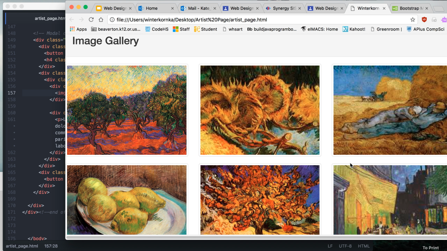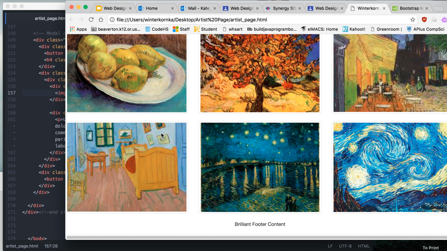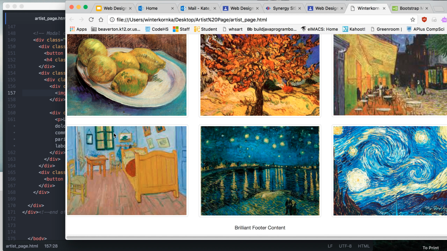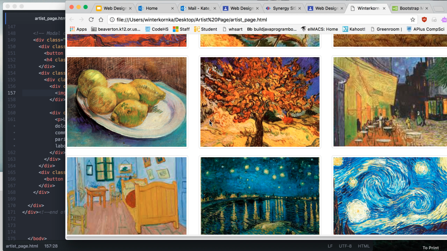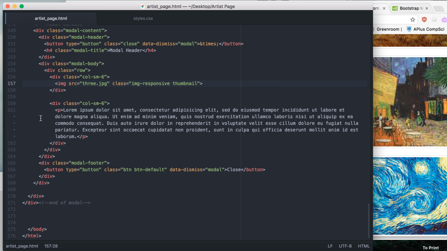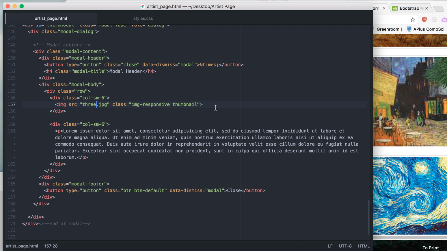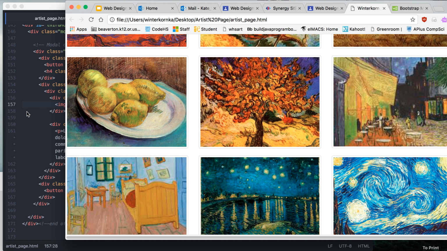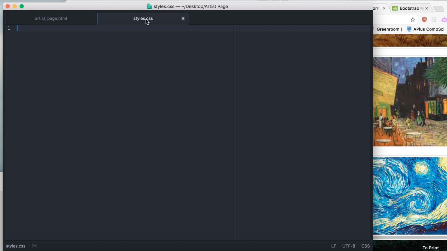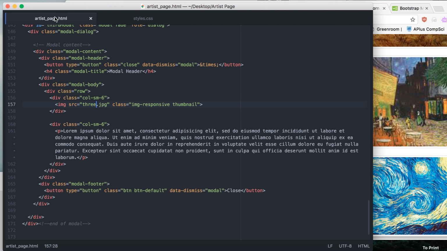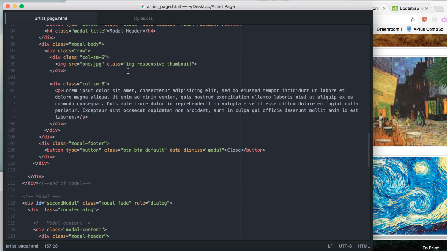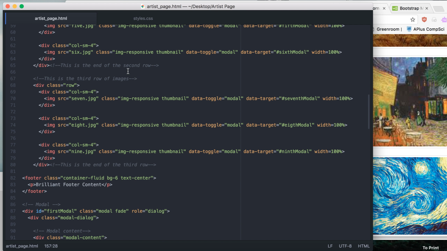Fantastic. Okay, I'm not going to do the whole rest of the page because it's going to get super boring. Hopefully you have enough information. It's just going to be a matter of attaching modals and changing the name. I do want to show you some basic styling. So in my style section, actually I'm going to go back here and